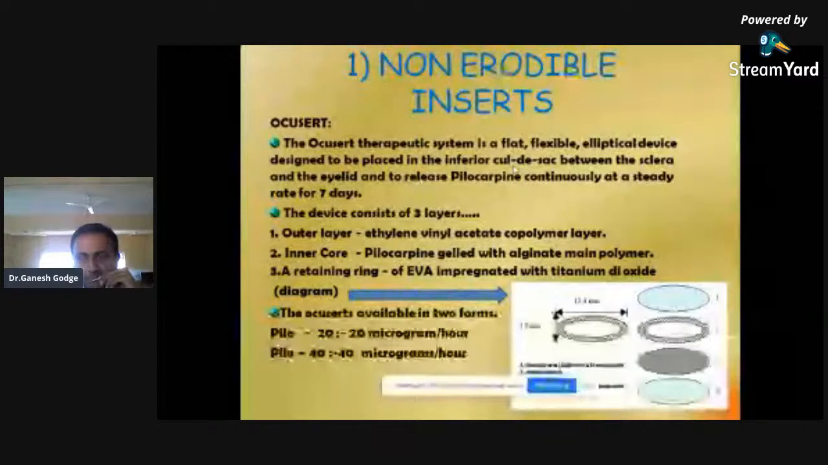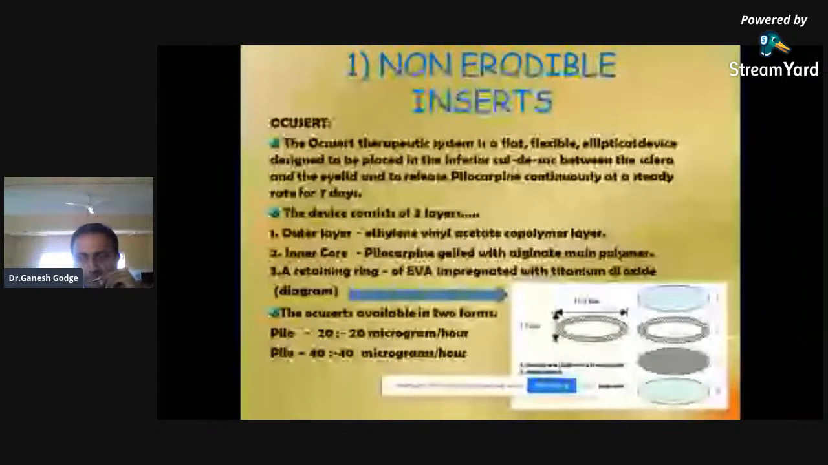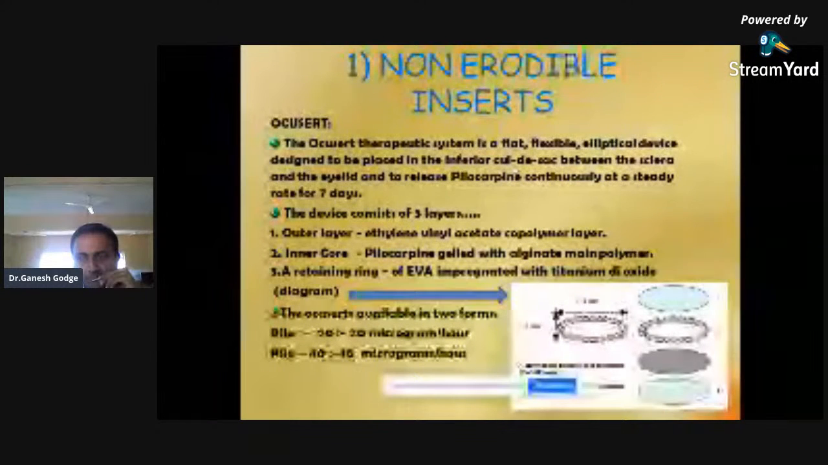That same scenario happens with our ocular sac. It is closed from the front and anterior part, and it has an opening towards the optic nerve. That's why it is called a cul-de-sac pouch. The location of administration of the ocular insert is in between the sclera and the eyelids, in the cul-de-sac pouch, where you can administer pilocarpine. Pilo 20 or Pilo 40 formulations are available